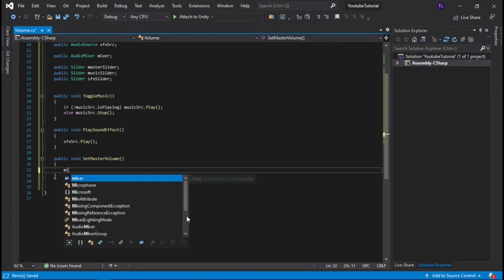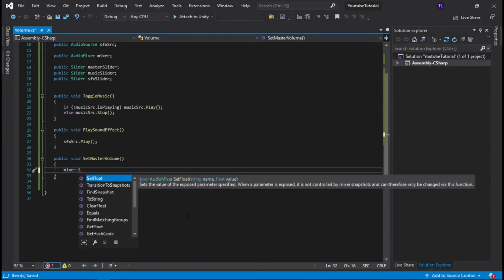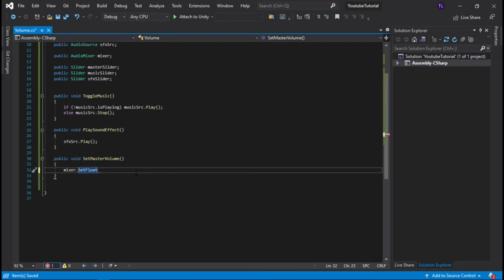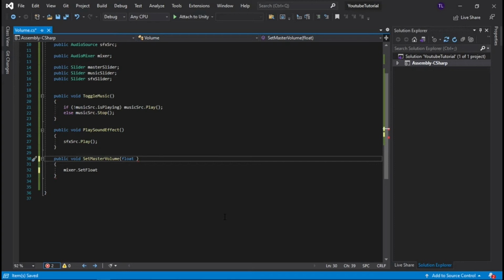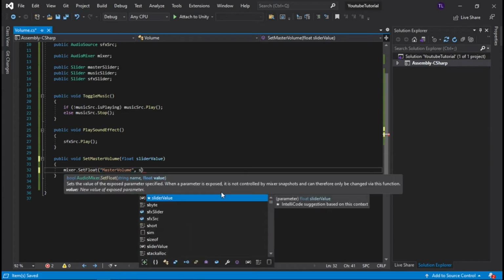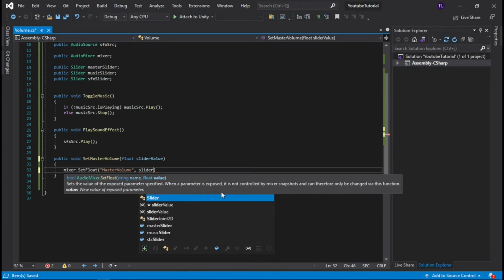So let's go mixer.SetFloat. And actually what we want to do here is pass in a float, and this is going to be our slider value, and this is just going to be whatever the value is of the slider, whatever it's been dragged to. Okay, and now we're going to set float. The float name is going to be master volume, just like we called it in Unity in our mixer, and we want to set it to our slider value. Okay,